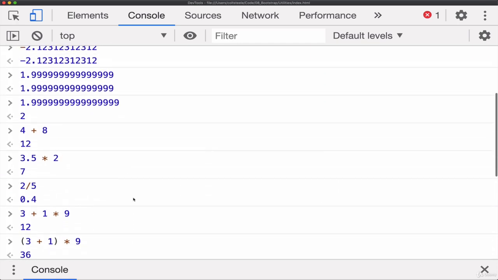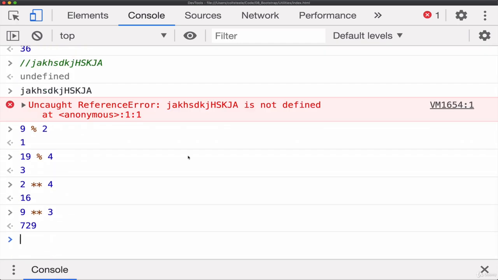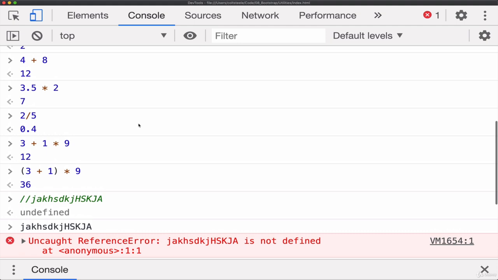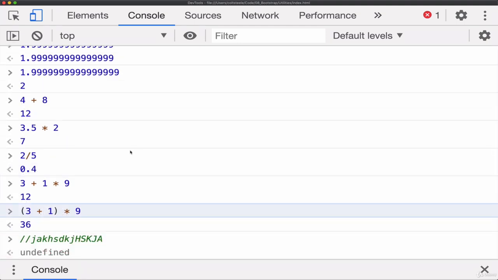And just to recap the other parts we saw: negative numbers, decimals, whole numbers, it doesn't matter. It's just considered number in JavaScript. One generic number. We have some other operators like the modulo or remainder operator, the exponentiation operator with two stars, and we saw that JavaScript obeys the order of operations. We can use parentheses to alter that order, and I think that's pretty good for now. Okay,